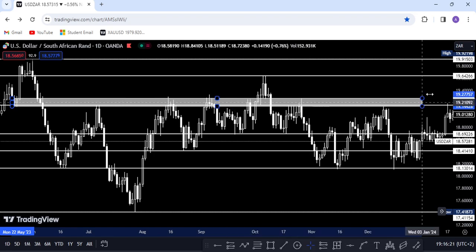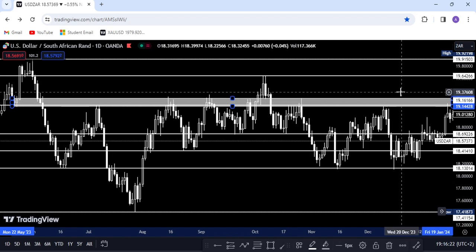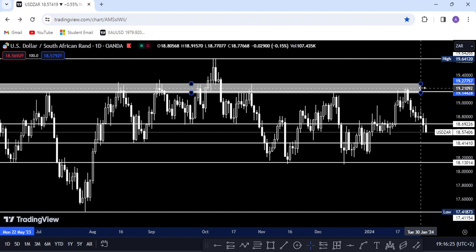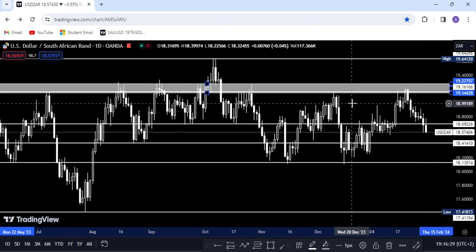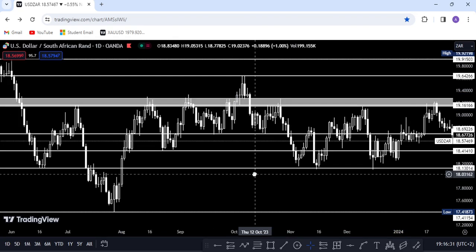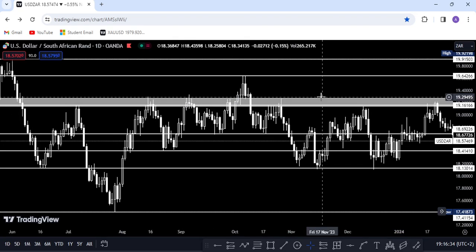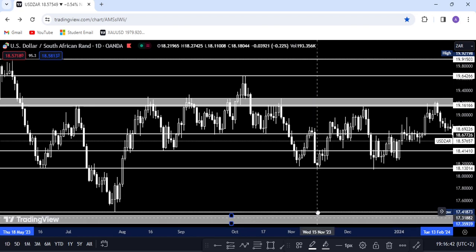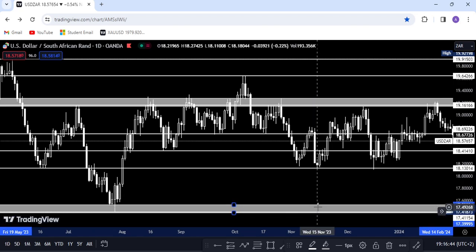Why am I saying that? It is because most of the time prices will go to the last place where a fake out occurred. So I would usually set my take profit on that zone of a fake out, if I can call it a zone, and then I would